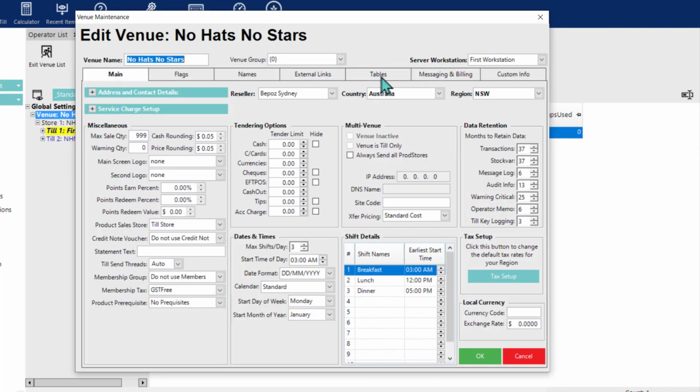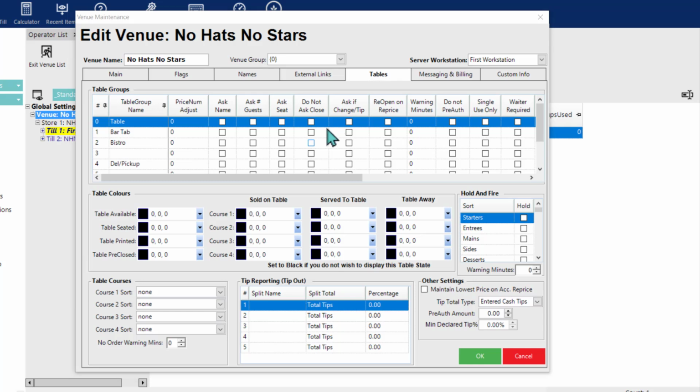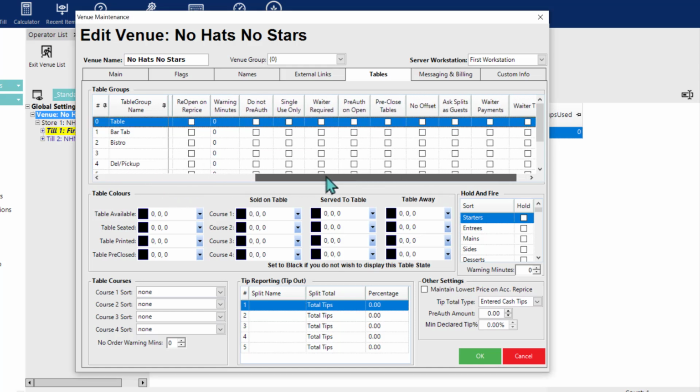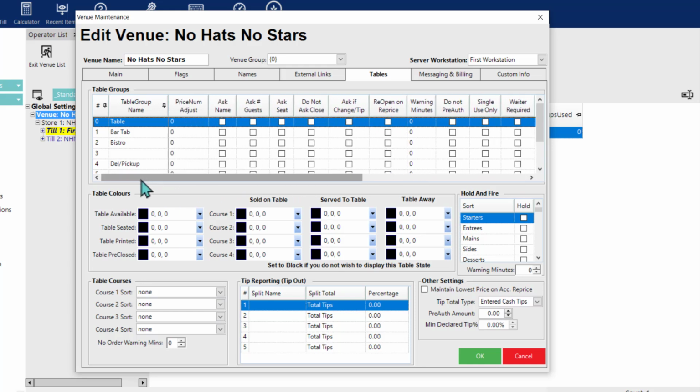And that takes us over to the Tables tab. You can see there is a lot going on here, but we will get through this relatively quickly, starting with the table group section at the top here. Before we do get into each table group setting, if I scroll over, you can see there's quite a few of these here. I should briefly explain to you what table groups are,